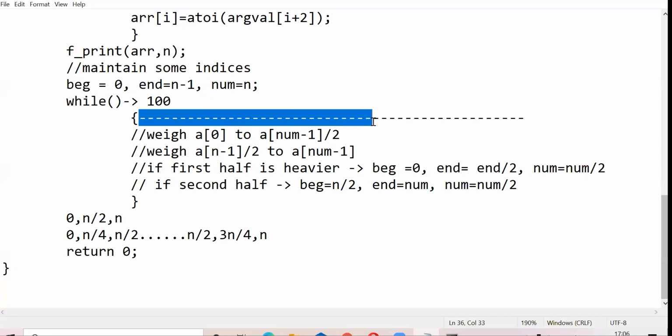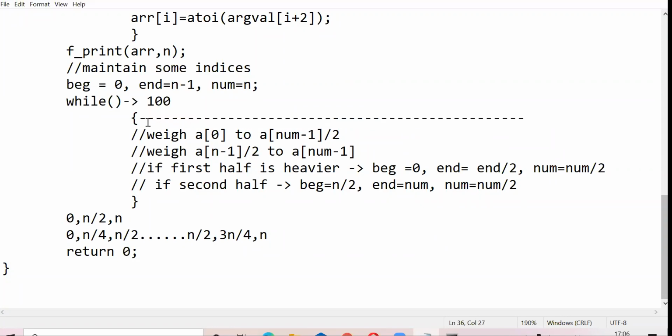If this is your whole treasure, your while loop is doing some processing on this array, and it will stop when you have just 2 elements to compare. Till then, it will keep dividing your array in half based on which one is lighter. Then it will divide that particular thing in half. Assume that this one comes next, then this into half here, then this into half here, and it keeps doing this till you just get 2 elements over here.